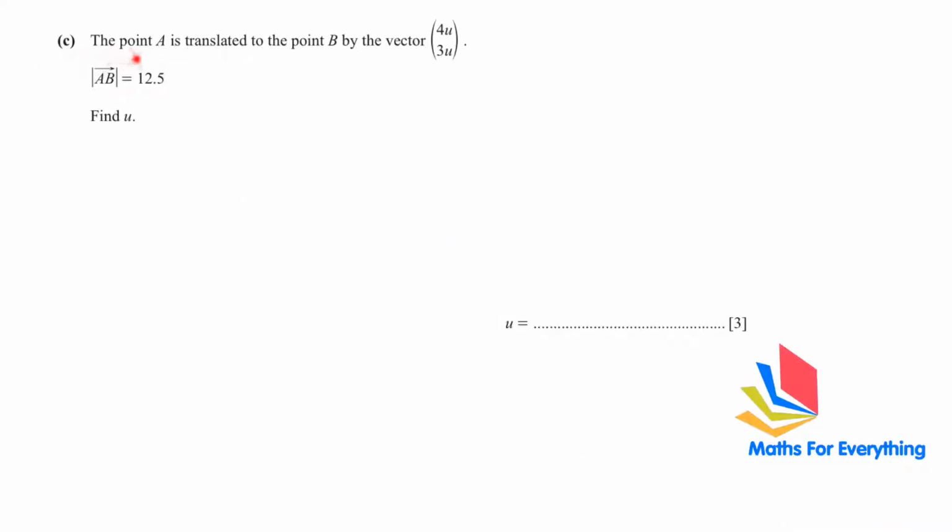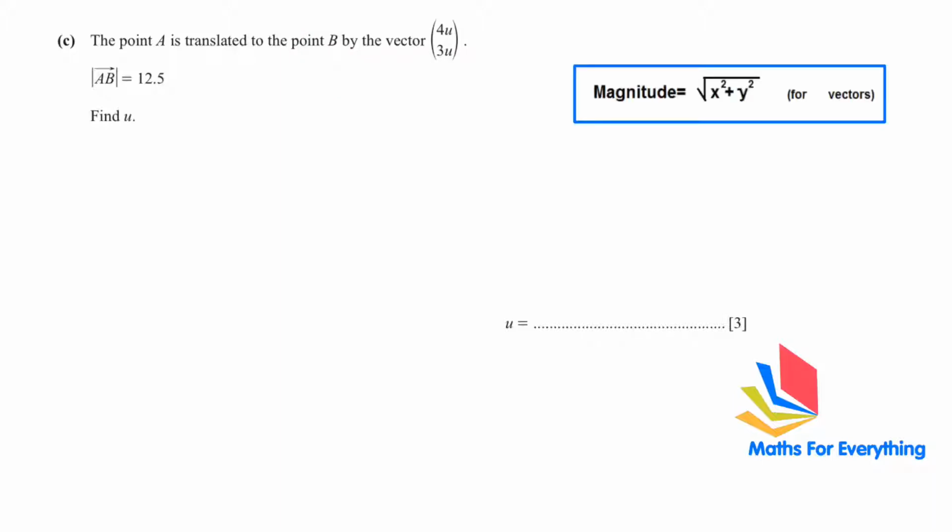Part C. The point A is translated to the point B by the vector 4u, 3u. And AB, this sign means the magnitude or the distance is 12.5. To find the magnitude or the distance, because we have to find the distance as A traveled from one point to another point, we use the formula magnitude is equal to square root x square plus y square. So we have that magnitude of AB,